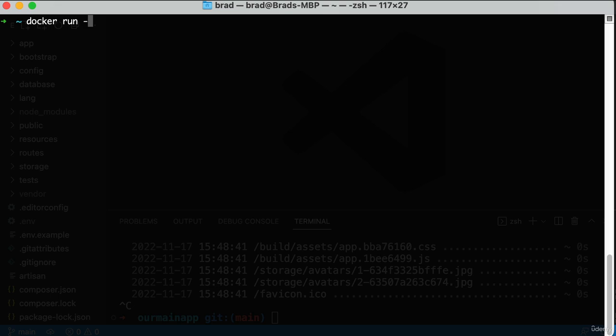So dash, and we're going to give it dit, and then we also want to expose a port. So let's set space -p to expose a port, and let's just make sure that port 80 in our container is available as port 80 on our host machine. So 80:80, and then the name of the Docker image that we want to use, I'm just going to use Ubuntu